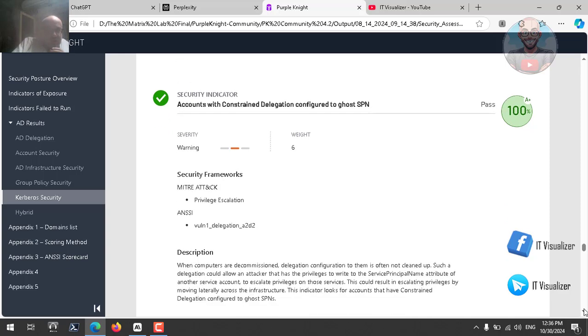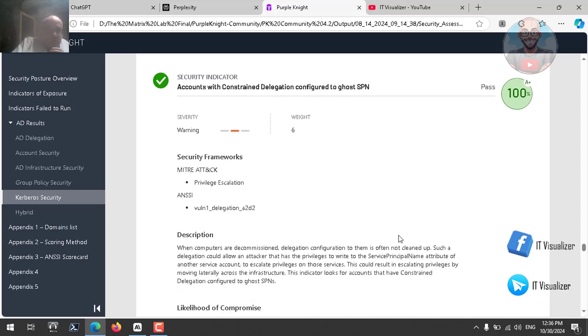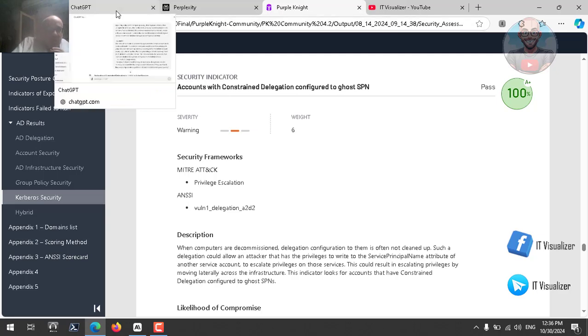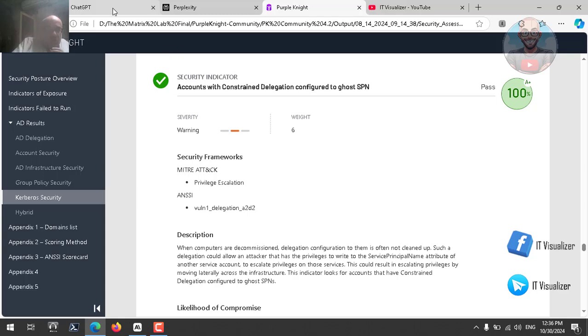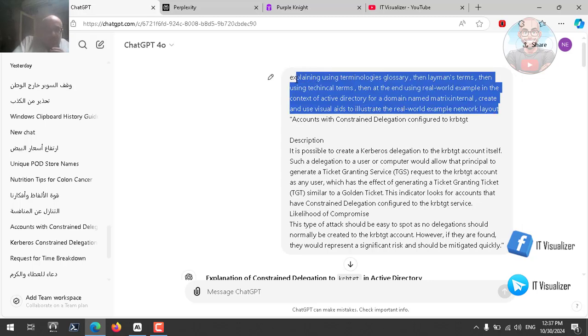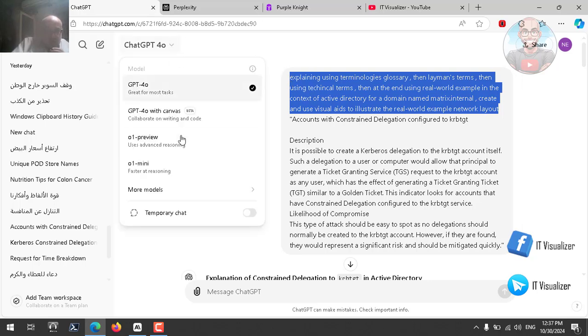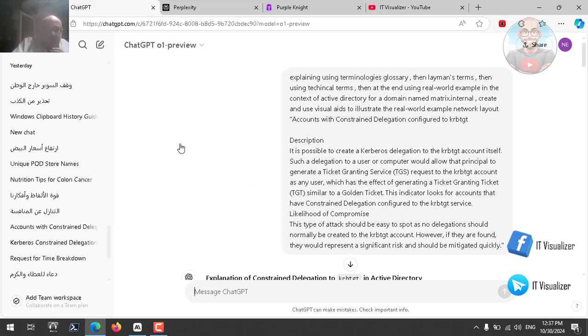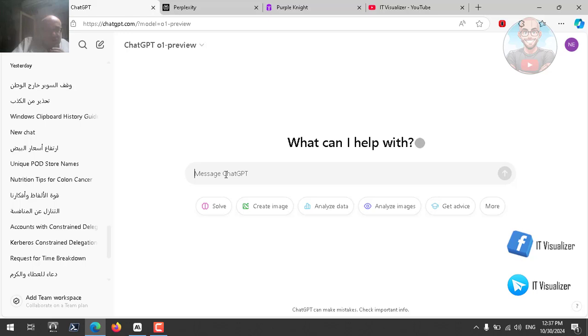Okay, so here if we go and see how this will be explained, we have the same prompt and we will ask ChatGPT to do the same, and we will ask Claude to do the same. So we'll go and take the same prompt. Here you go, and then we will take the same prompt, but I will do something here. I will shift to O1, which is a better AI, but still in the preview